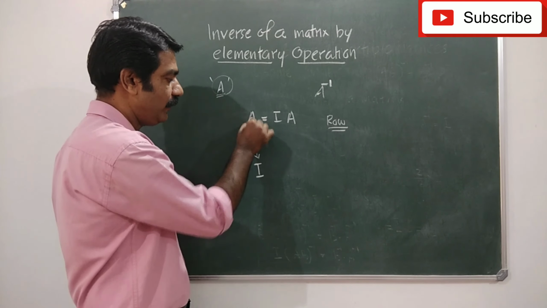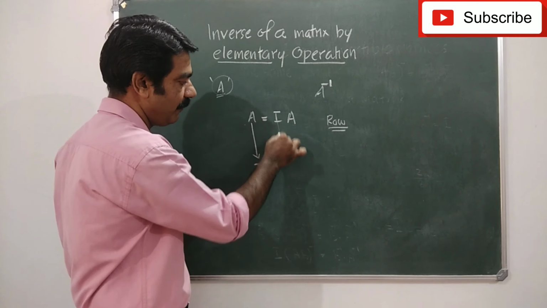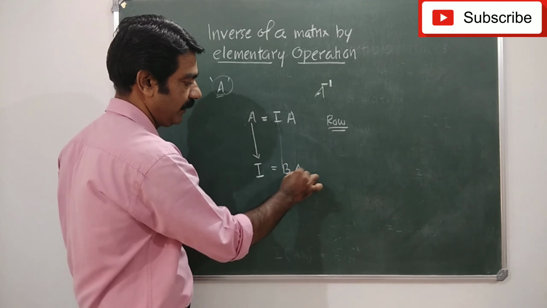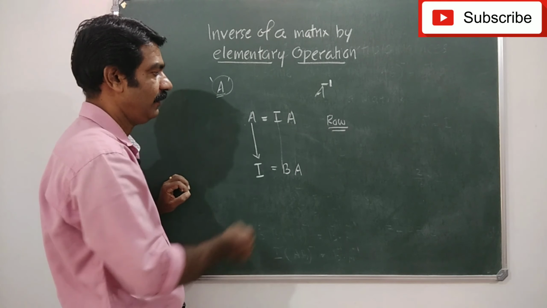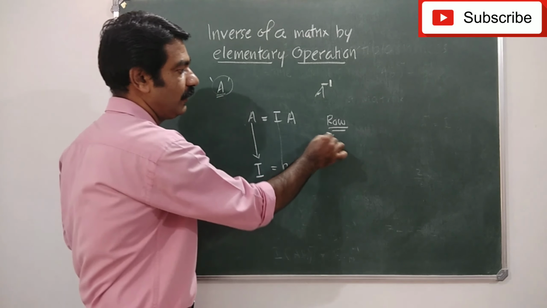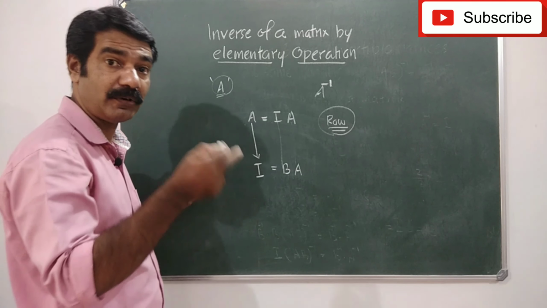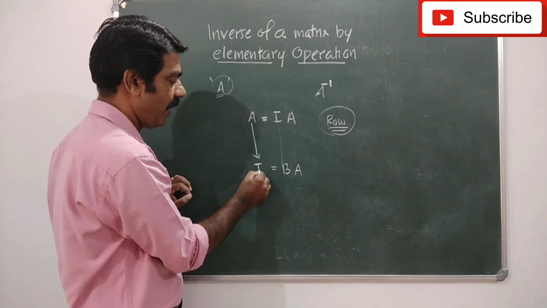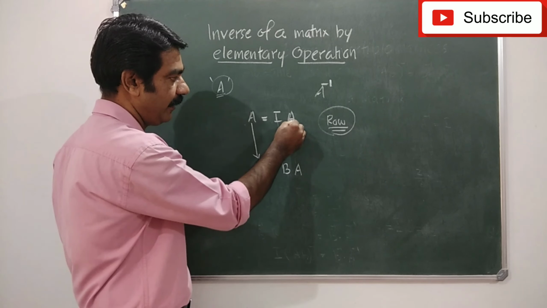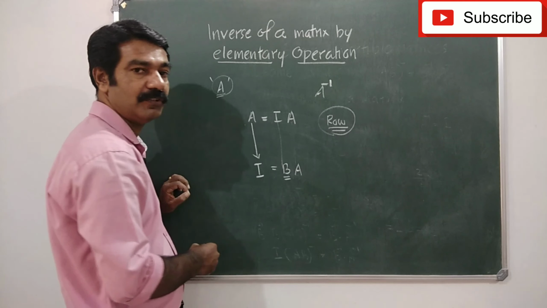You have to change A into I. Then this I become a new matrix B. And this A will not change. A is A. Let me explain one more time. You write A is equal to IA. Then apply a sequence of elementary row operations till getting I is equal to BA. This A become I, so I become B and A will not change. So I is equal to BA. So if I is equal to BA, we know that B is the inverse of A.